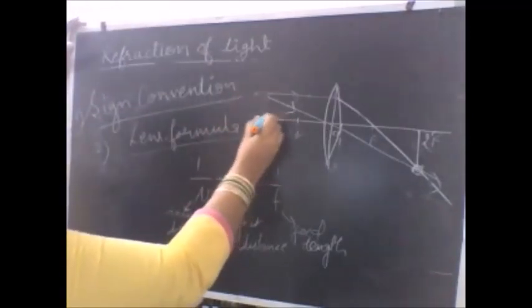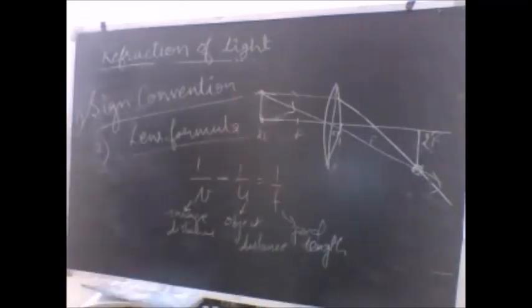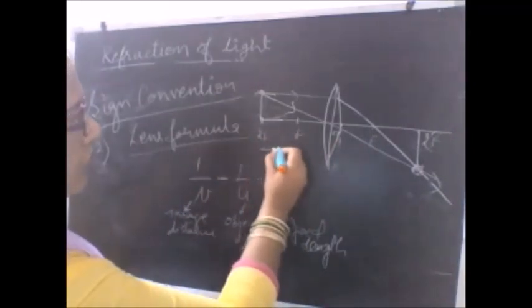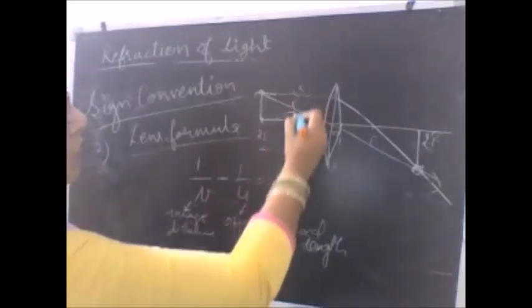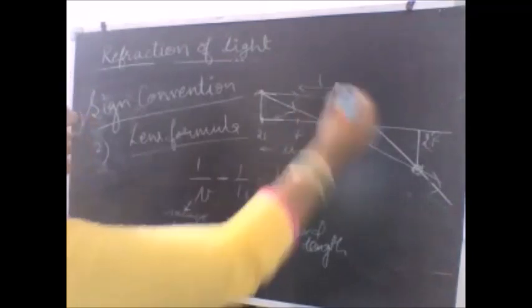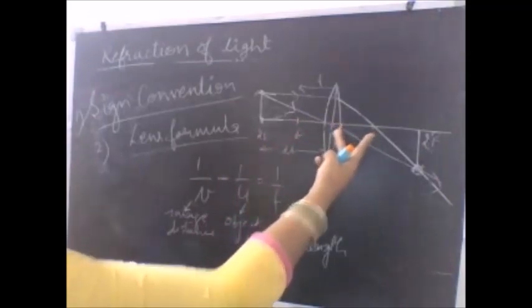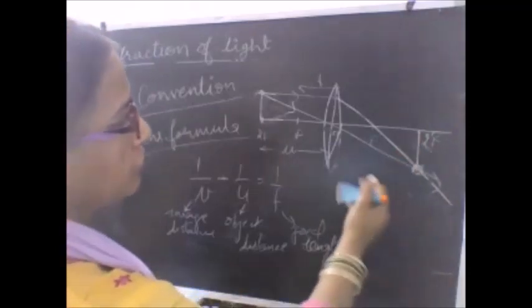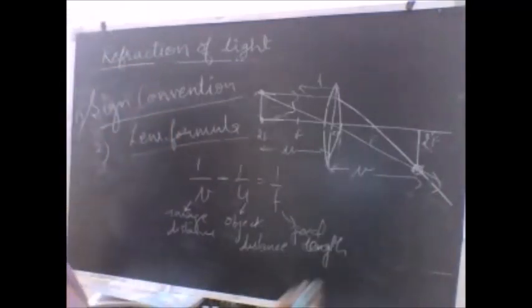The object was taken at 2f. So the distance of the object from the optical center, this is what we call u. The distance of the focus from the optical center is your focal length. Since we are taking a thin lens, the focal length, whether you measure on the left side or the right-hand side, comes out to be the same. And this is the image which is formed, and the distance of the image from the optical center is v. So this is your v here.